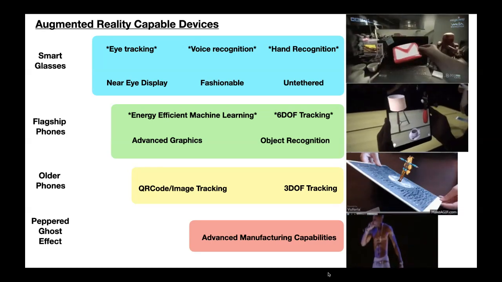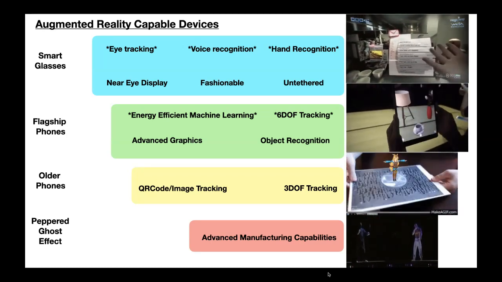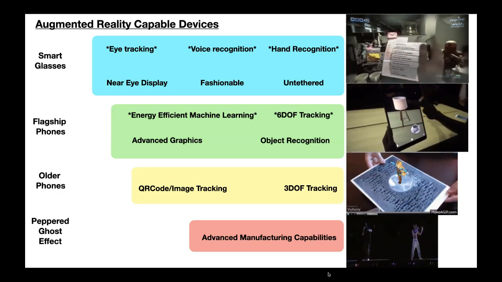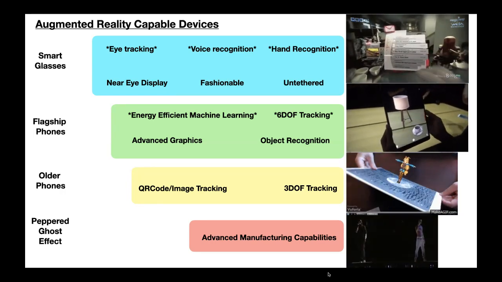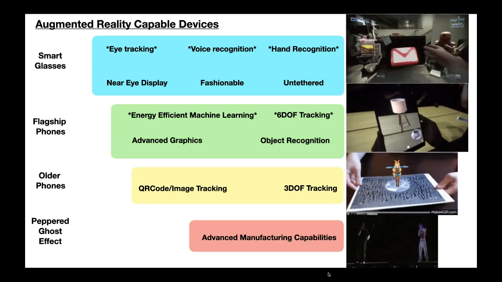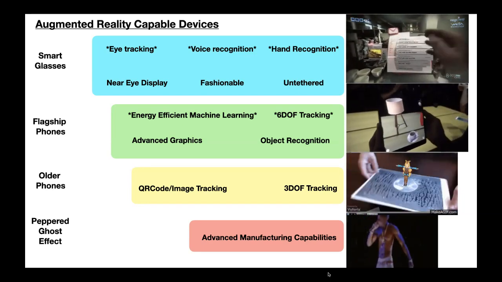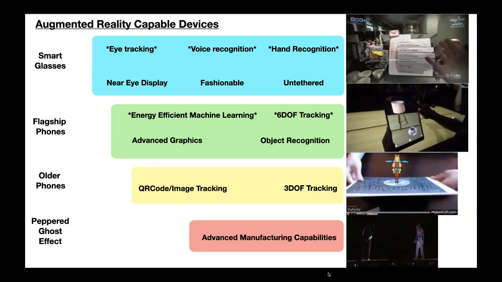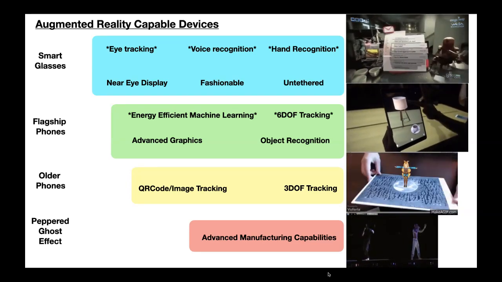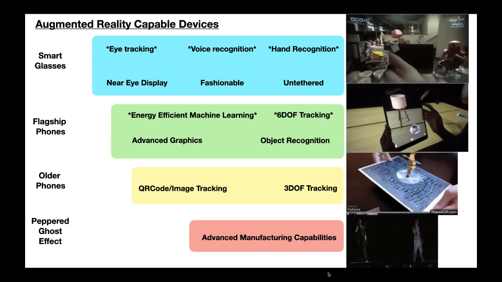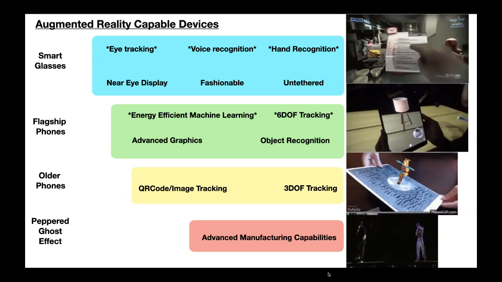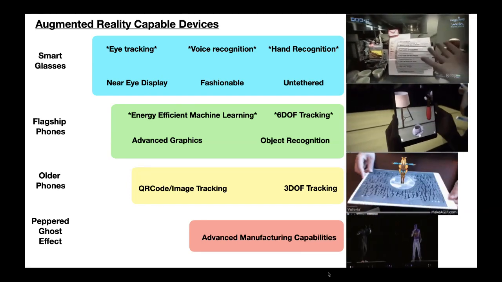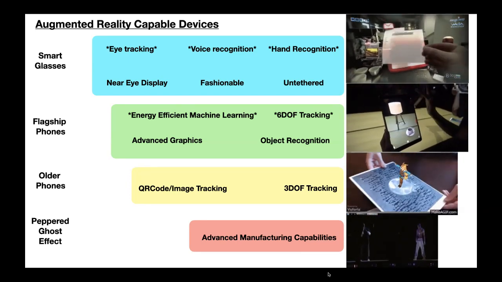Above that, we have the best possible augmented reality capable device here. So that's our smart glasses. In my opinion, this is what the best pair would have, because obviously you've seen that there are already a few different types of smart glasses, but eye tracking. Eye tracking is very, very key. Right now, I believe only the HoloLens 2 has eye tracking. I could be wrong, but as far as mainstream devices, only the HoloLens 2 has eye tracking at the moment.